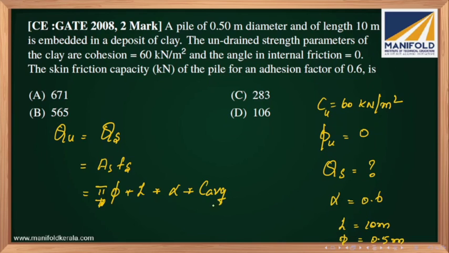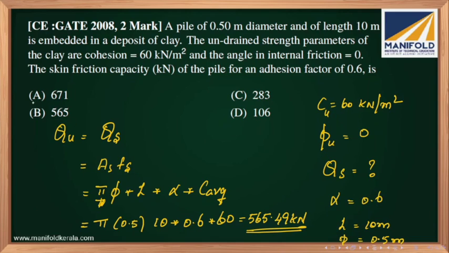What is the average cohesion along the length of the pile? Then it would be pi into 0.5 into the length of the pile, 10 meter, and the adhesion factor is 0.6. The C average cohesion would be 60. By simplifying this, we get 565.49 kilonewton. So let me go with option